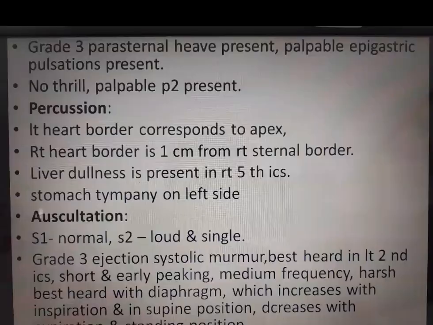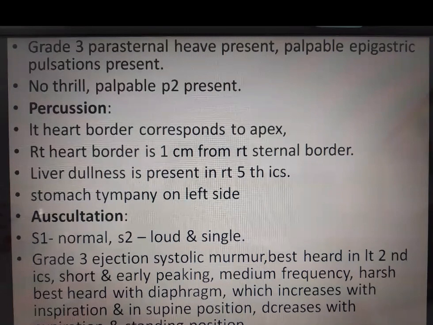Yeah, you should always look for that when you get apical impulse of the RV type and the parasternal lift. You should track it and find out whether the impulse is continuous. If it is continuous, you are sure that the apex is formed by the RV. Could you understand the description? Yes. How you can make out whether it is RV type, LV type: if the parasternal impulse is continuous with the apex, it is RV type. If there is a break, and you separately feel an impulse, it means both RV and LV are involved. If there is no parasternal lift and only apical impulse, then it is an LV type. Okay, right? Yes.